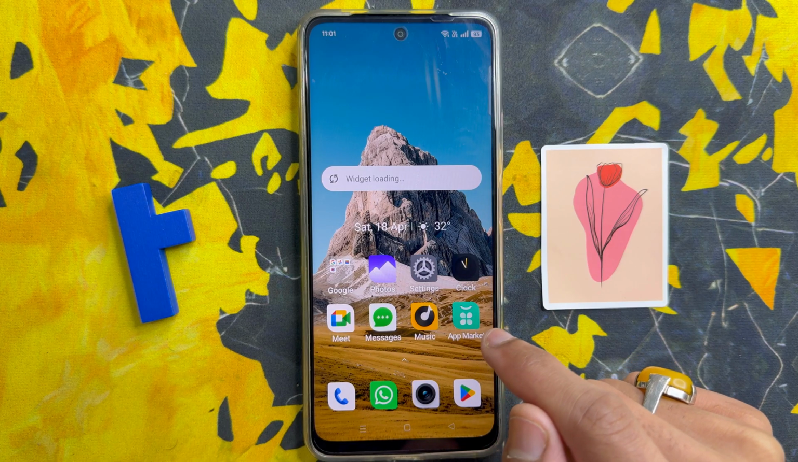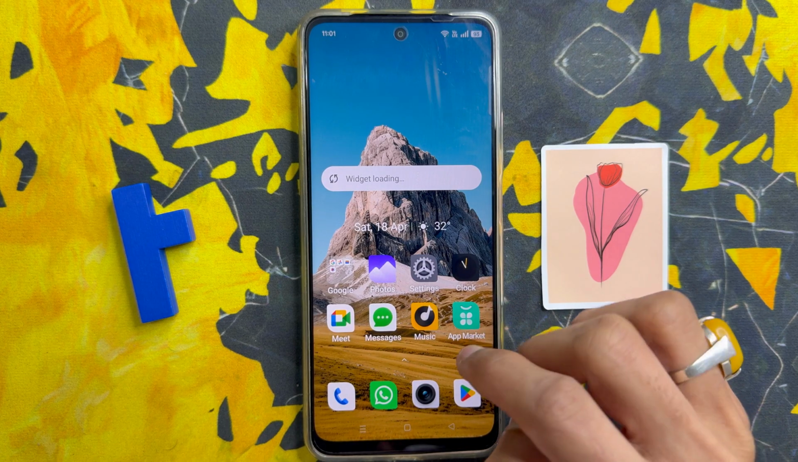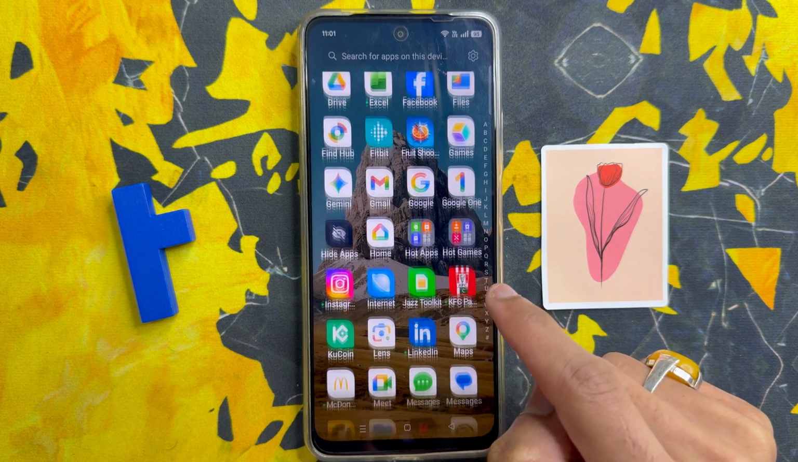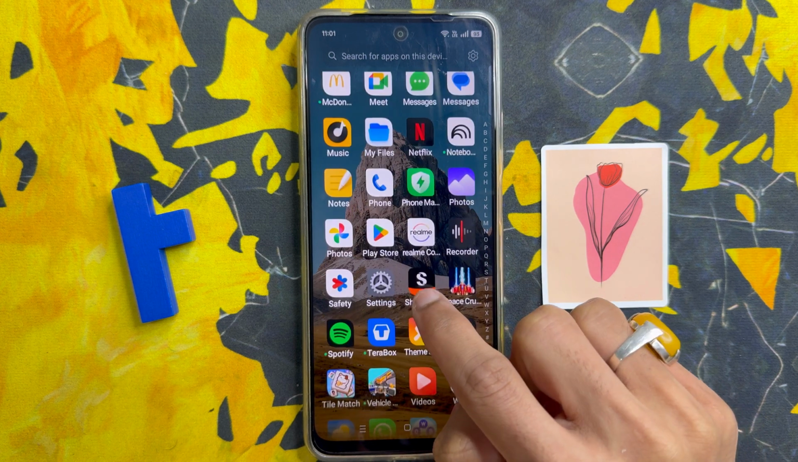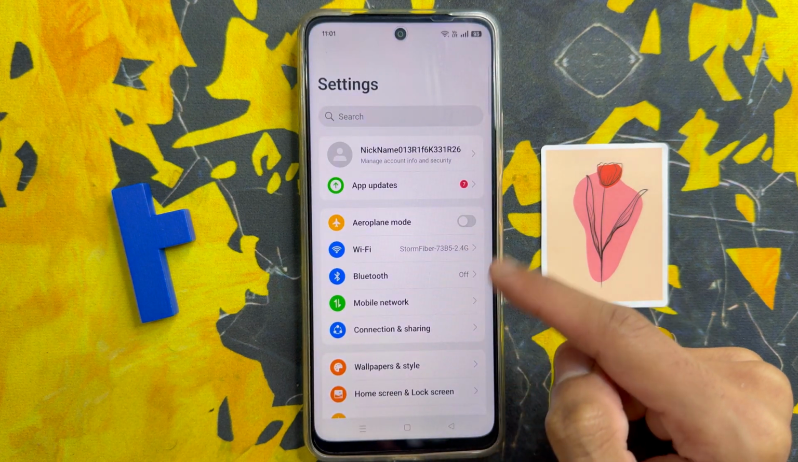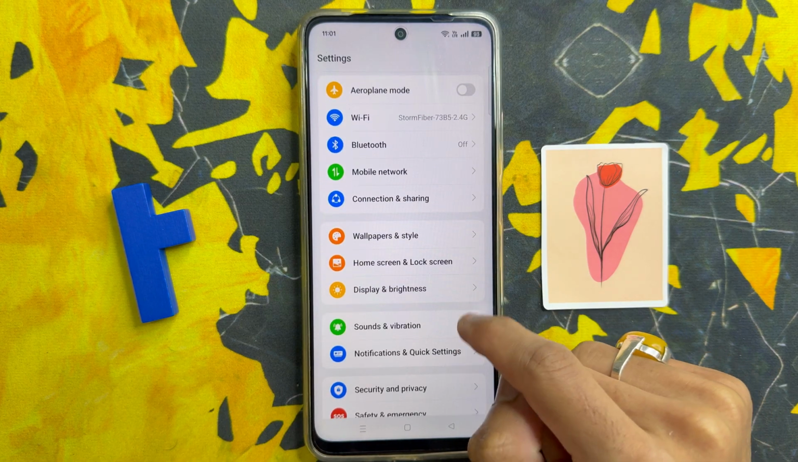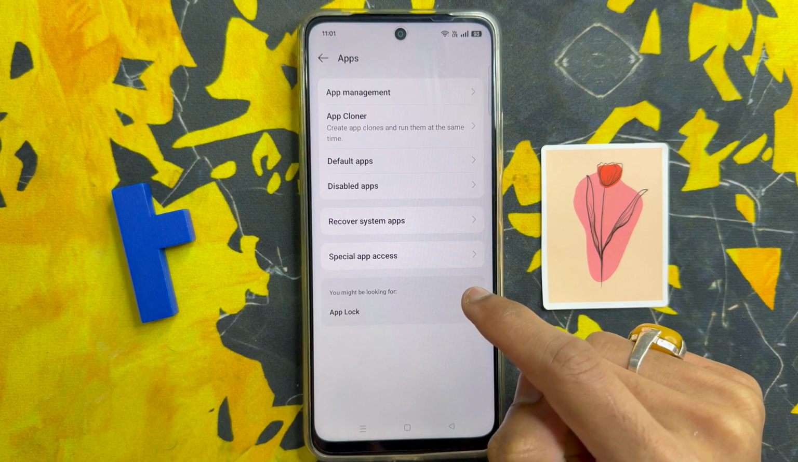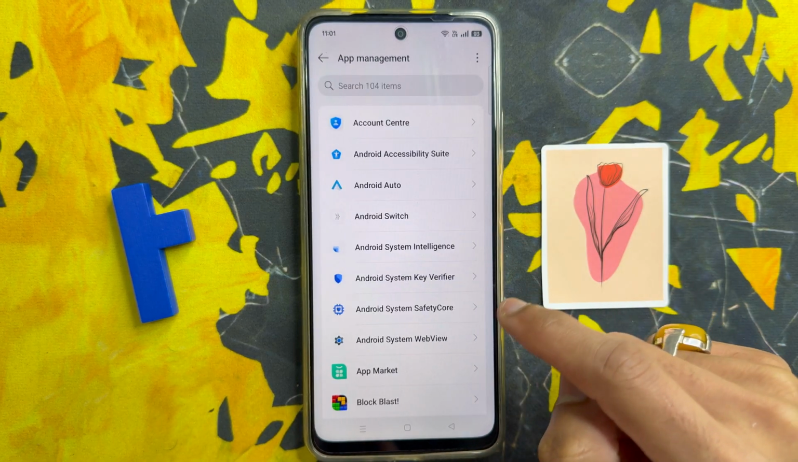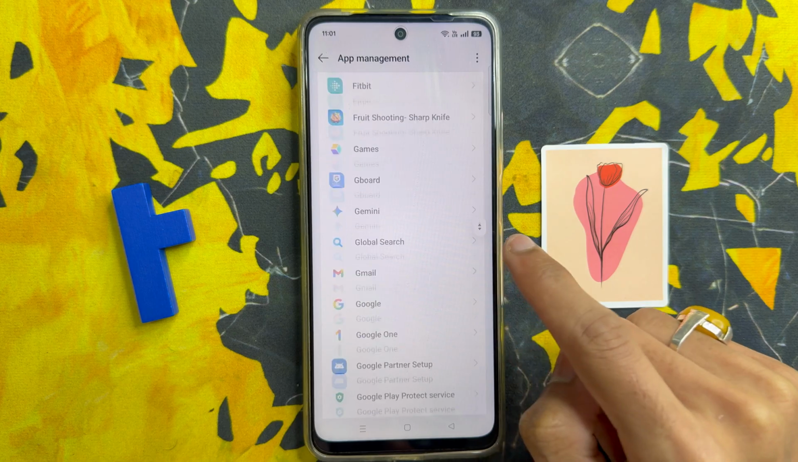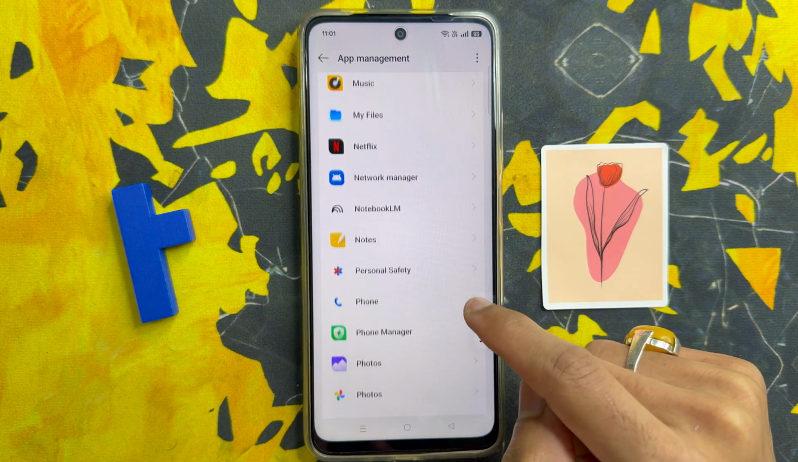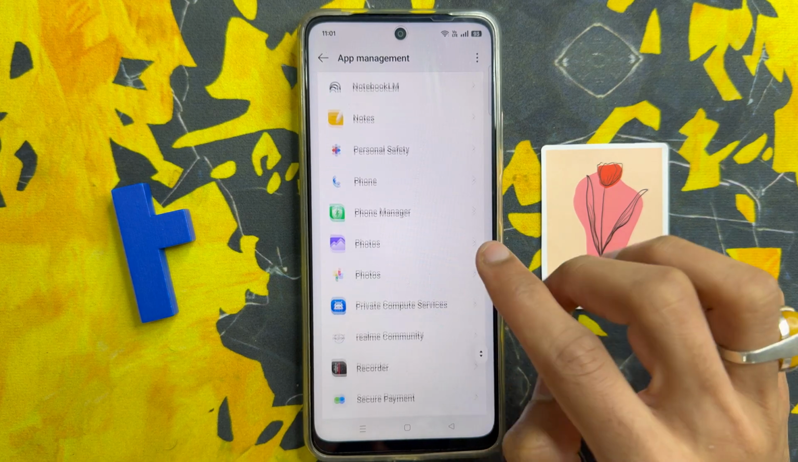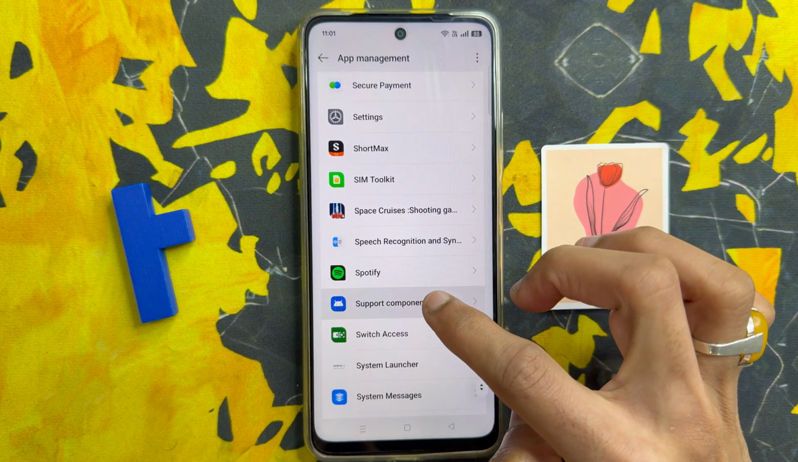But if it is not solved, go to the app library. Scroll down and click on the Settings app. Now in Settings, scroll down and click on Apps. After clicking on Apps, click on App Management. Scroll down and search for the Snapchat app from here. Here you can see the Snapchat app. Click on the Snapchat app